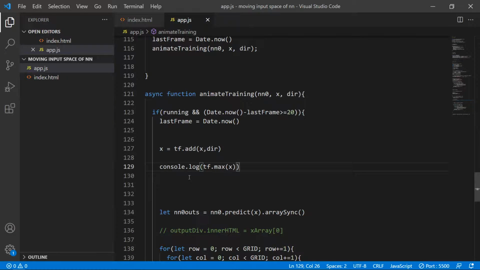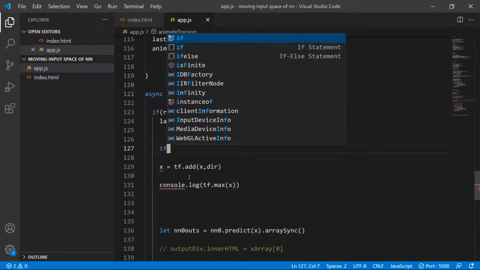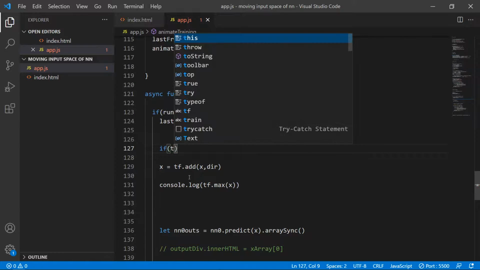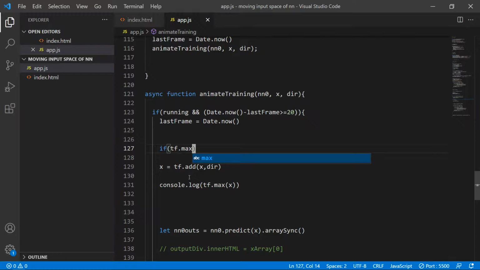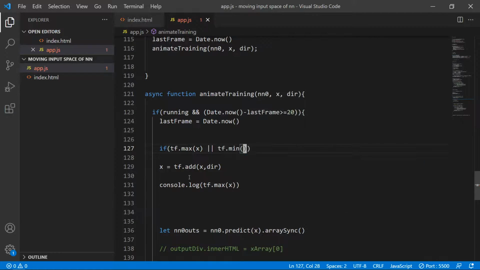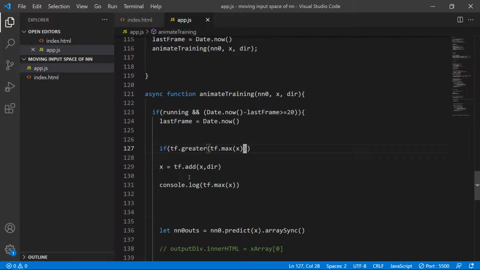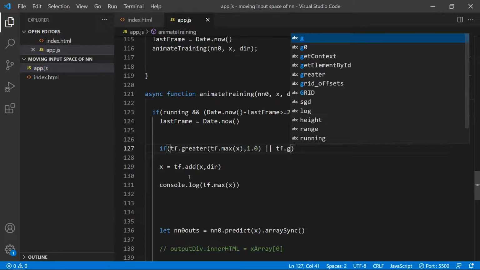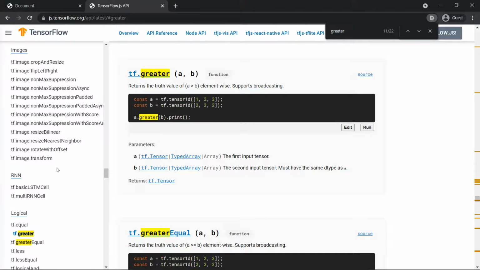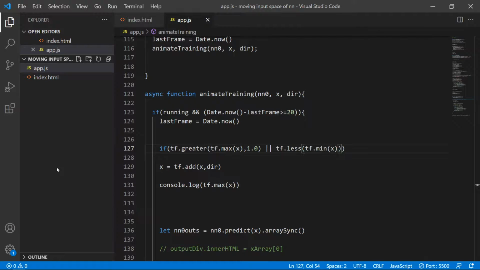Okay, so we're gonna do a thing where if the max... I mean, really, you should do the absolute value, but I don't know how to do that, so I'm just going to say, or the min. Well, yeah, but you still need the max. Okay, so if the max is greater, hopefully I can just put in a number, 1.0, or if the min is less than -1,